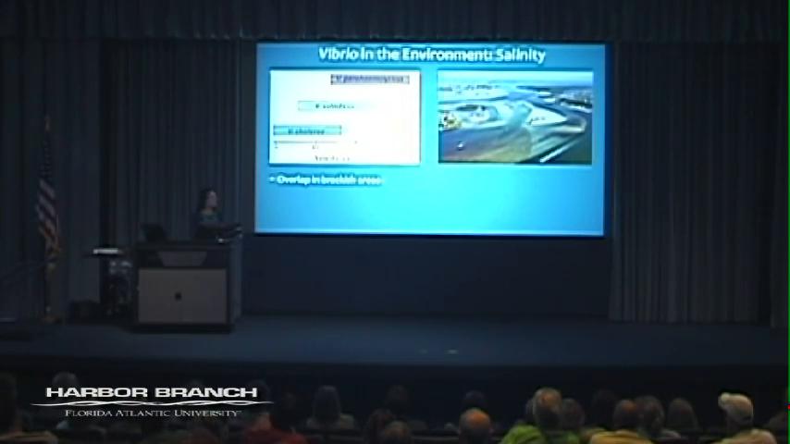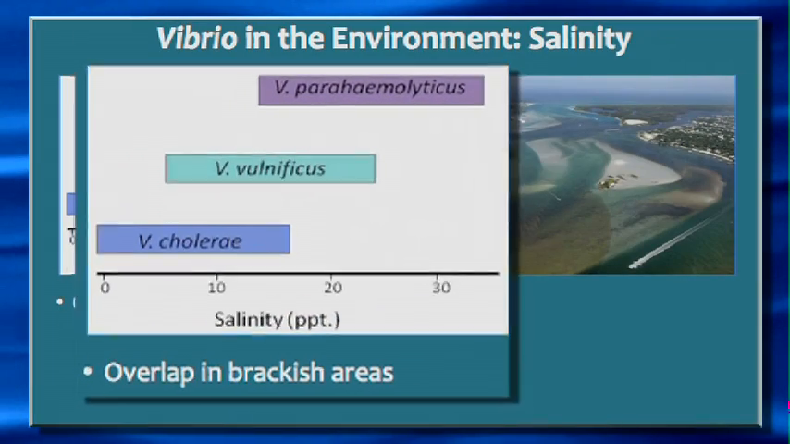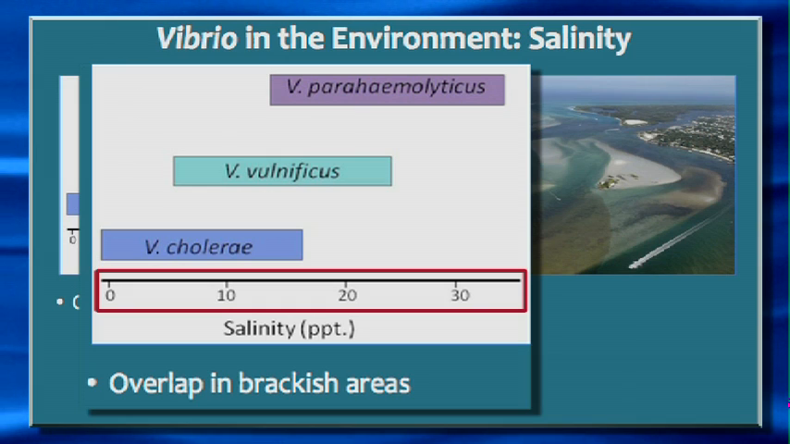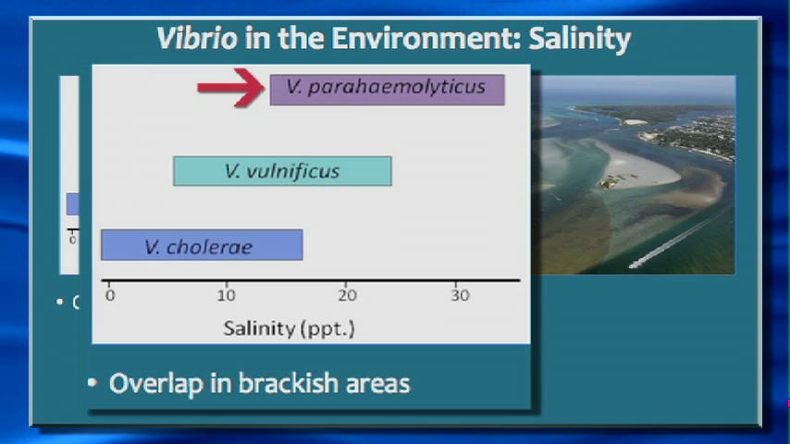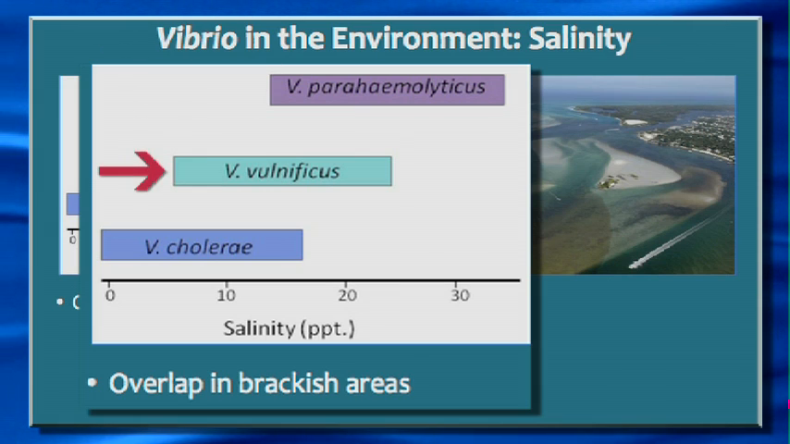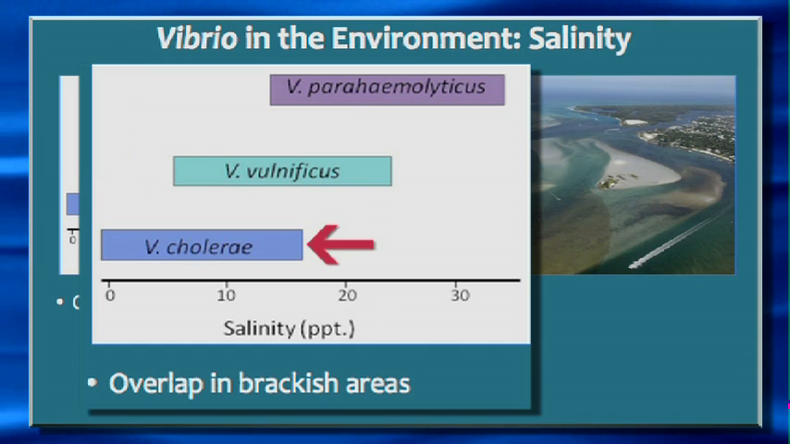So the main thing that impacts where these bacteria are in the environment is salinity. So if we take a look at this graph along the bottom, we have salinity. 0 is freshwater, 30 is pretty much marine. And so looking at the top 3 species that infect humans, let's start with Vibrio parahaemolyticus. This guy tends to be at the top of the range. He tends to exist in more marine environments. Vulnificus here tends to be more brackish, middle of the road, and cholerae tends to be more at the fresh